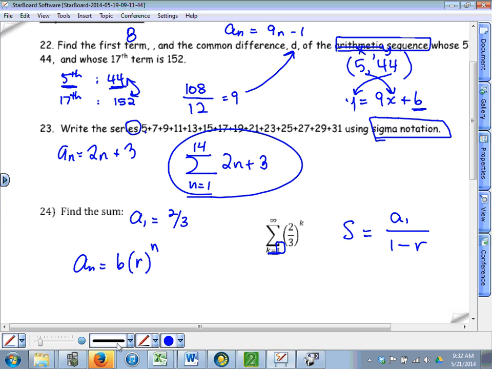What do you think r stands for? Another ratio. So looking at our formula, what do we say the ratio is? The common ratio is 2/3 between each term. You're multiplying by 2/3 every time. So the common ratio,